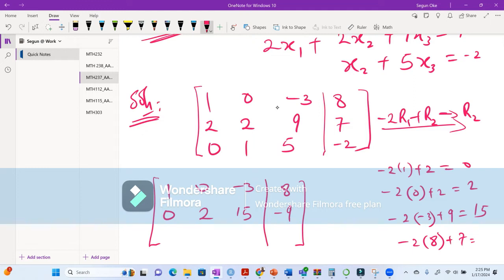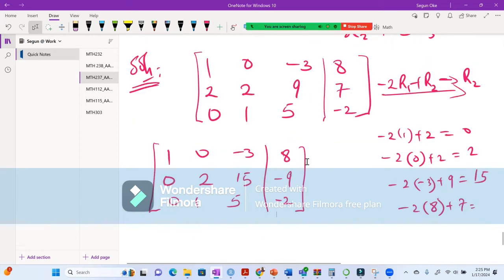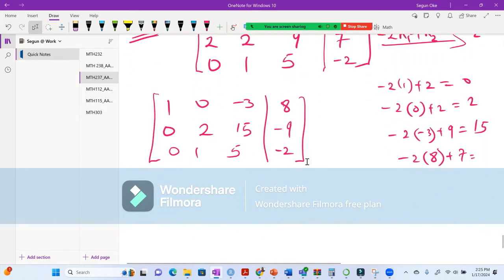So for the R3, it still remains the same: 0, 1, 5, minus 2. We need to repeat the process for the remaining rows, ignoring rows you have already applied the algorithm to. But before then,